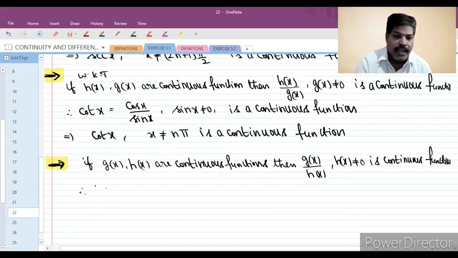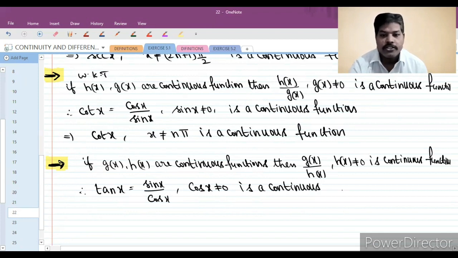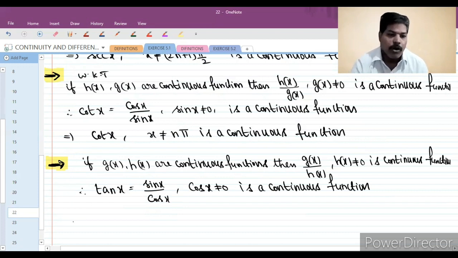Tan x is equal to sin x by cos x, cos x not equal to 0, is a continuous function. Why? Because sin x is a continuous function, cos x is a continuous function. Sin x by cos x, cos x not equal to 0, is also a continuous function. Therefore what we can conclude, that implies tan x,